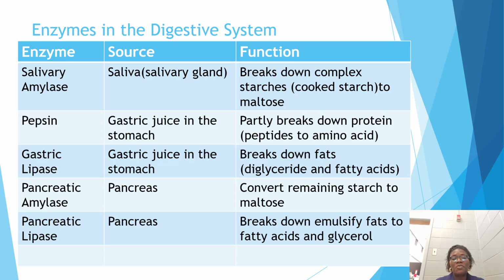If you remember here, the pancreas is one of the associated organs of the digestive system. That is, it is not actually part of the tract, but it becomes part of the tract when the enzymes are secreted in the pancreas. They flow through the pancreatic duct into the digestive system so that the actions will take place. And they empty their content into the small intestine.